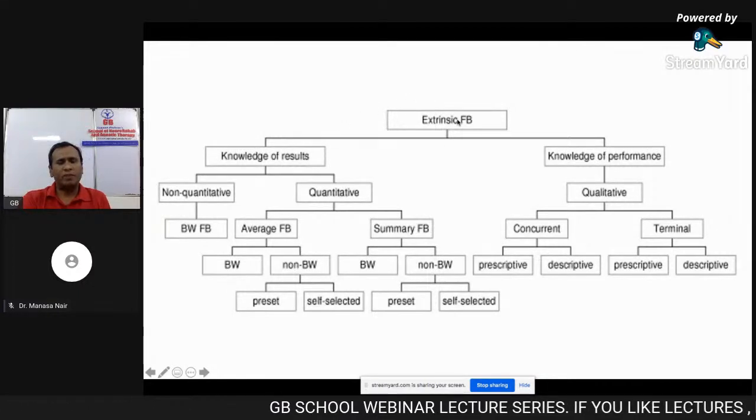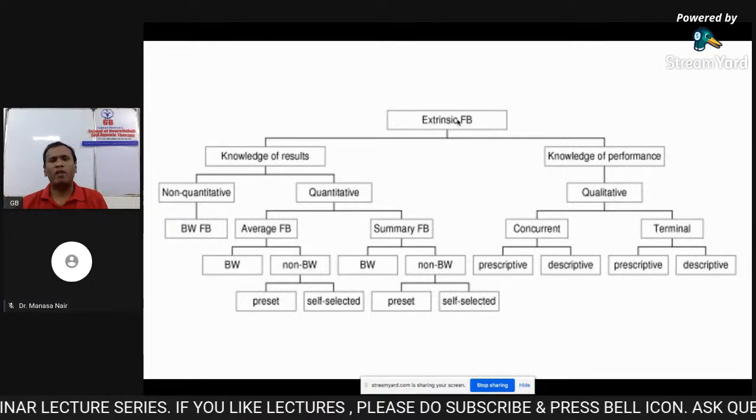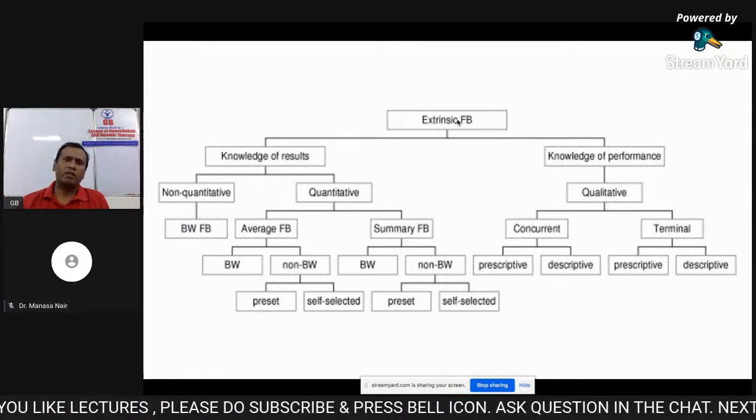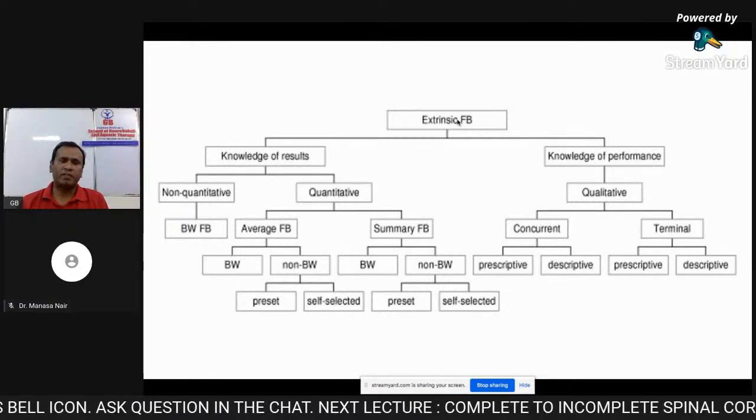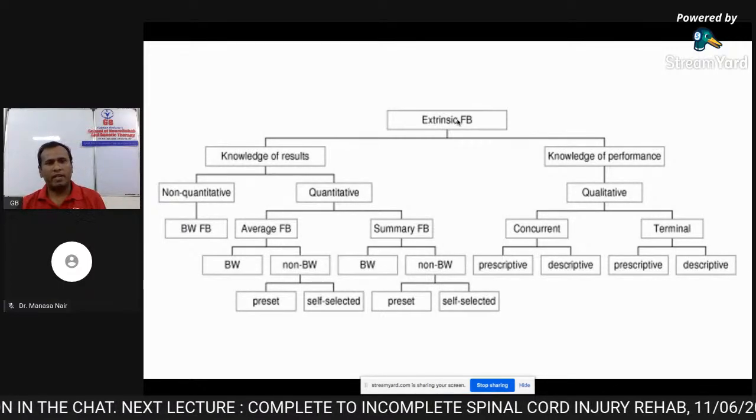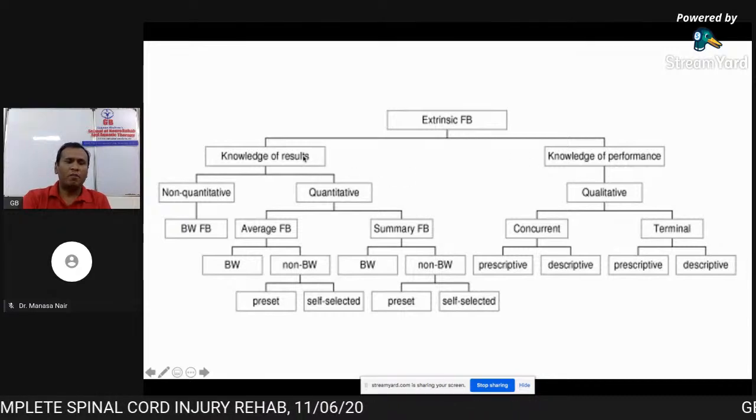There can be extrinsic feedback, and intrinsic feedback, which happens in our body, where the person gets automatic intrinsic feedback, but we can enhance the feedback with extrinsic feedback. And there are two major types of feedback: one is knowledge of result and the other is knowledge of performance. So knowledge of result can be